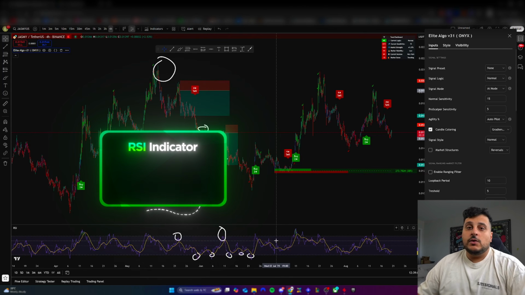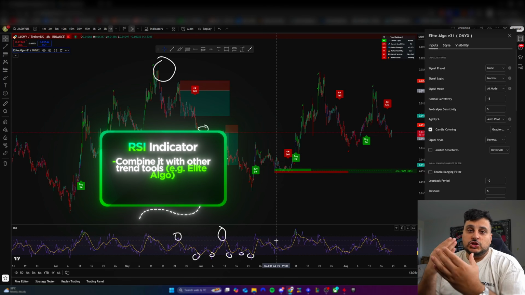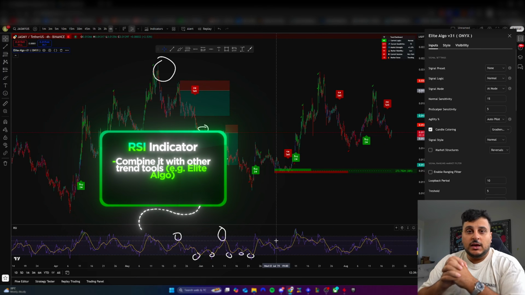And that's how you should use the RSI indicator. You should not use it by itself. Combine it with a trend system tool that will help you understand exactly when you should be selling and buying